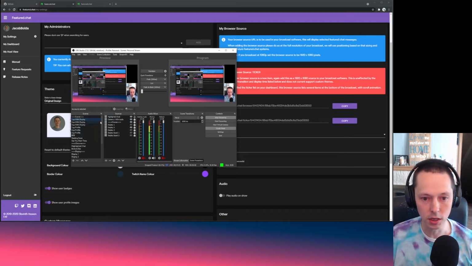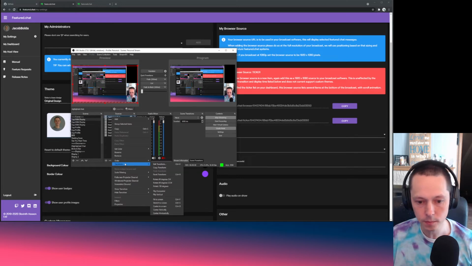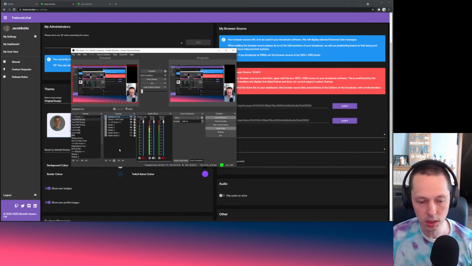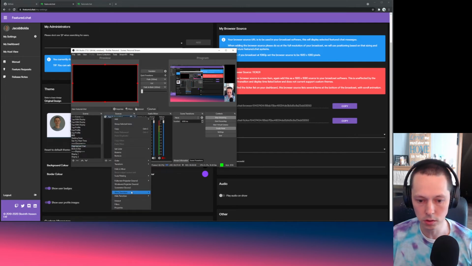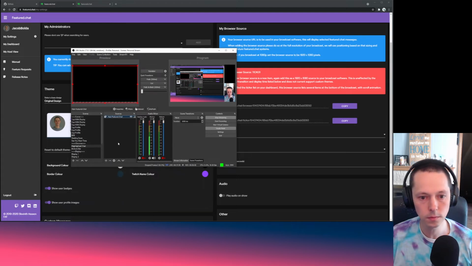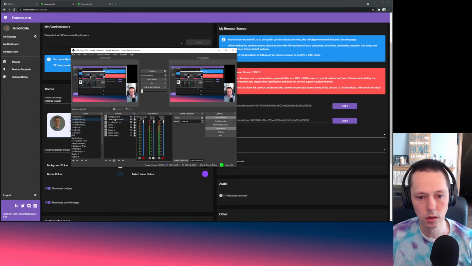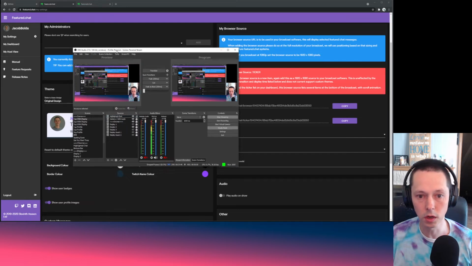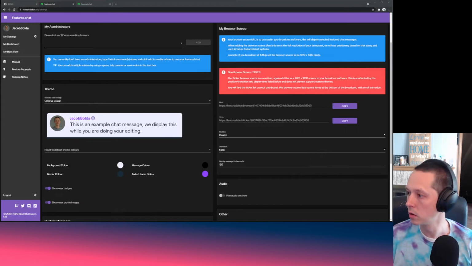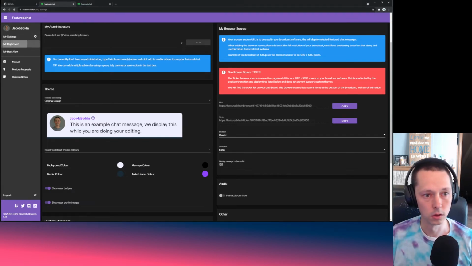So I've got a highlighted chat here. I like this transform and I'm going to keep it, but I want to copy it onto this because I want this transform to apply to everything. And then on this one, I can reset my transform. So now if I pop back out of studio mode,